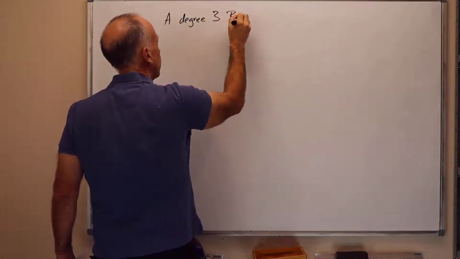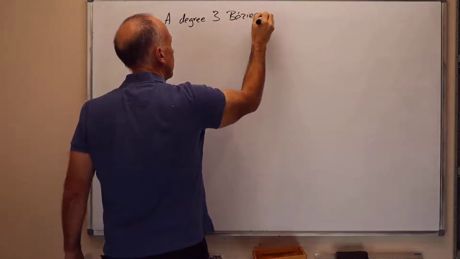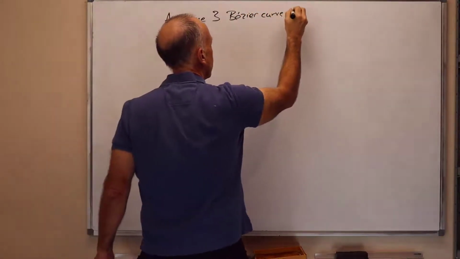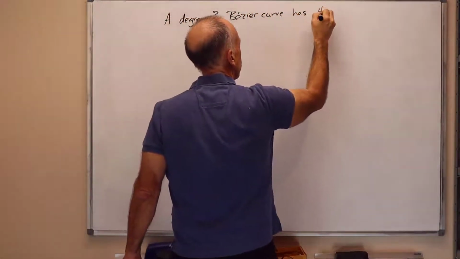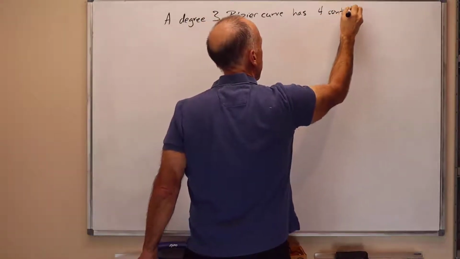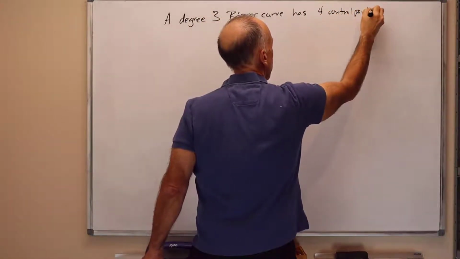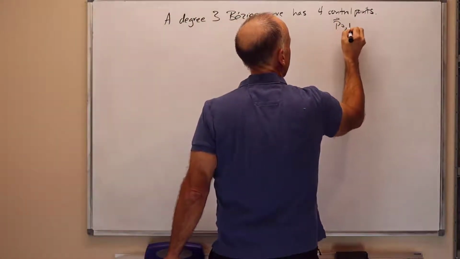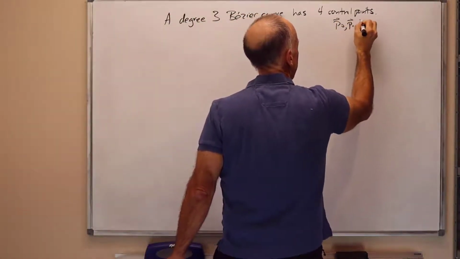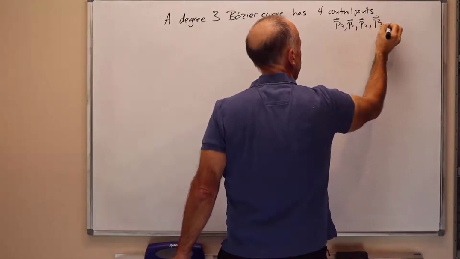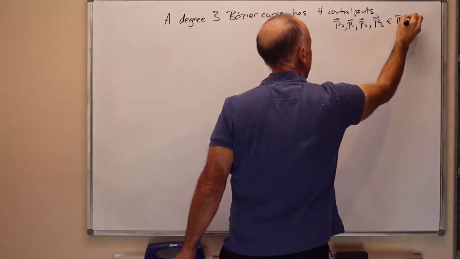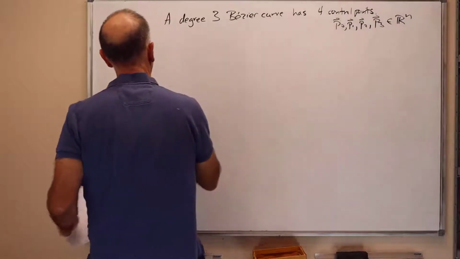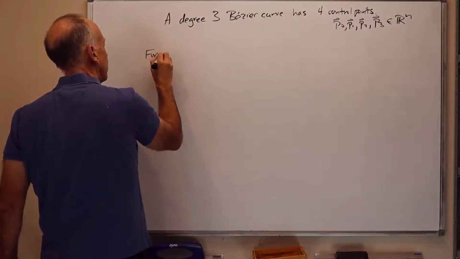A degree 3 Bezier curve has 4 control points, which I'll call P0, P1, P2, P3, and again, they're all in Rn. And the formula for this, I'll do that first,